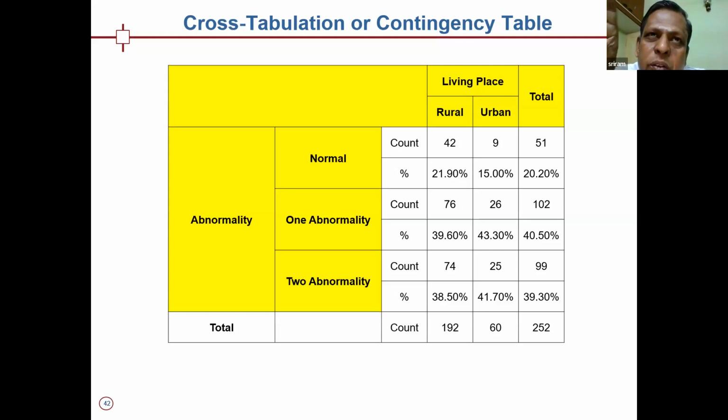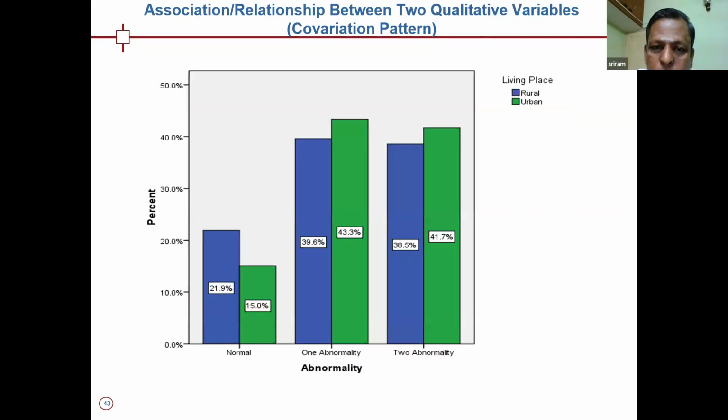So you have to present three things in statistics. One is the table, next is the visual part, and third is the hypothesis testing. These are the three ways to prove that the association is statistically significant. So this is the table and this is the graph.